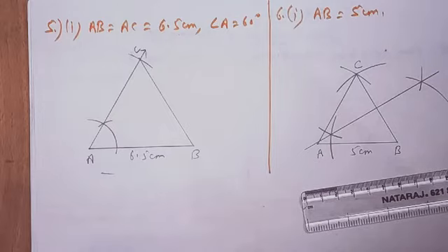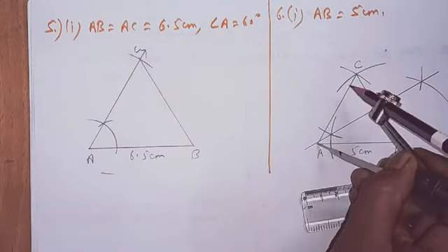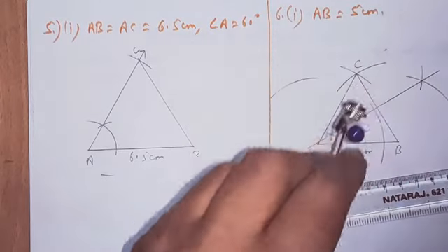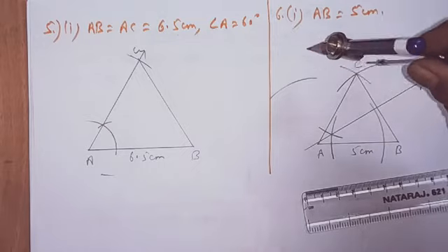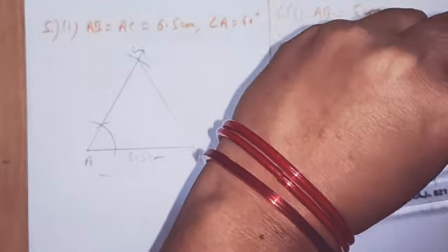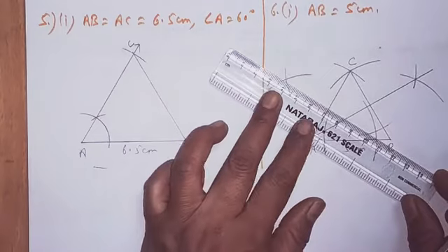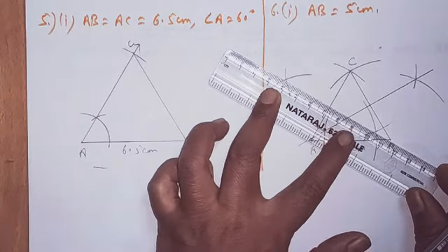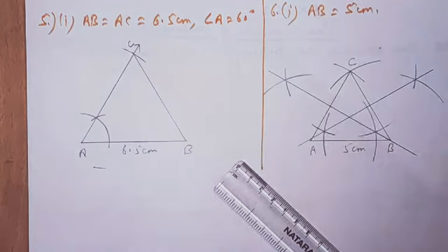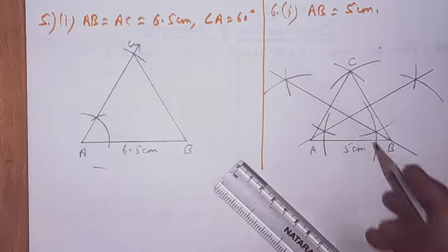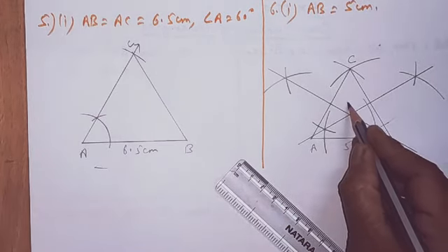Similarly, we have to construct the perpendicular bisector of AC also. More than half. One arc here, other arc here. Now from point C, intersect the previous arcs. Okay. So, join the points of intersection of the arcs with each other. Okay, so these two are the perpendicular bisectors of AC and BC. Where these perpendicular bisectors intersect each other, we have to name this point as P.